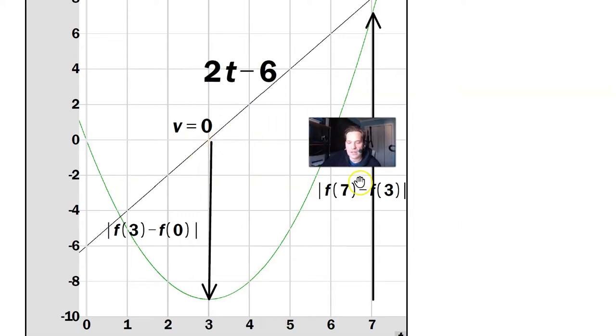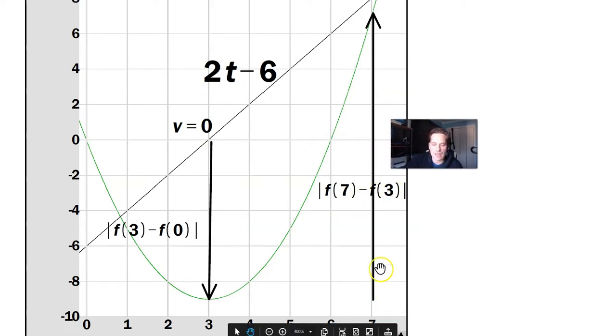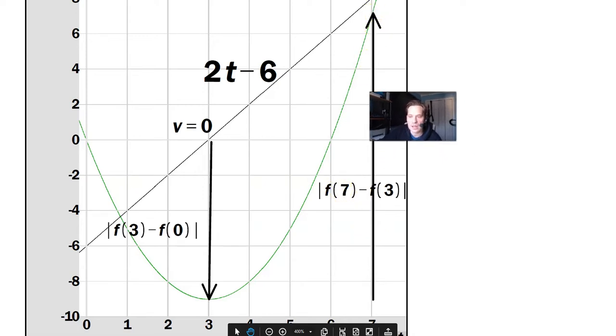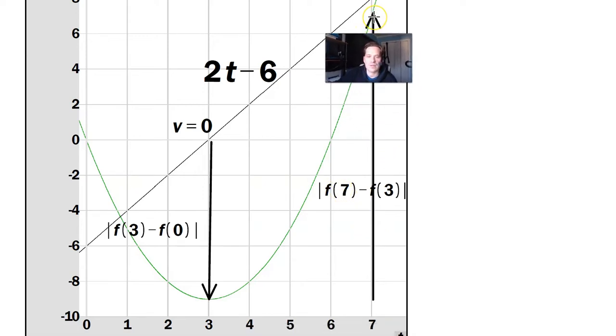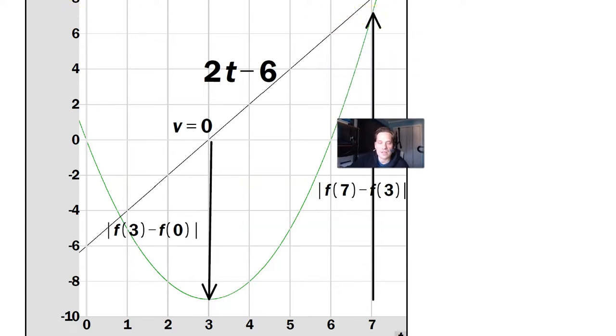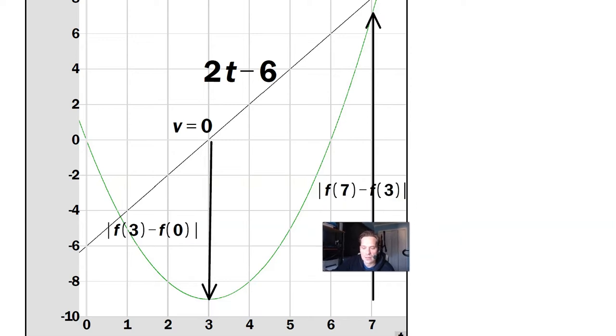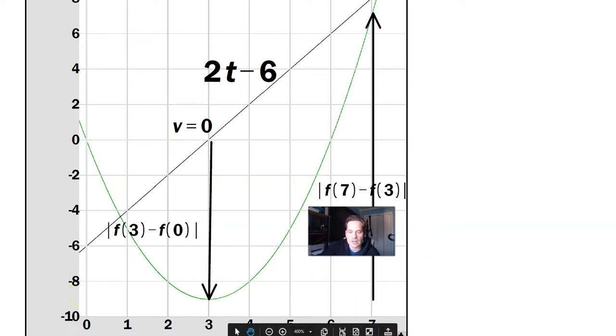Okay, so then you're going to do f of 7 minus f of 3, which is essentially like computing the length of this arrow right there. That's all, because f of 7 is just a y-coordinate right above my head. That's f of 7. Whatever that y-coordinate is, you can tell it's about 7 itself. F of 3 is just a y-coordinate. So that's about right there. You see the same level as where this arrow ends. That's about negative 9. So you do f of 7 minus f of 3, but you do it in absolute value